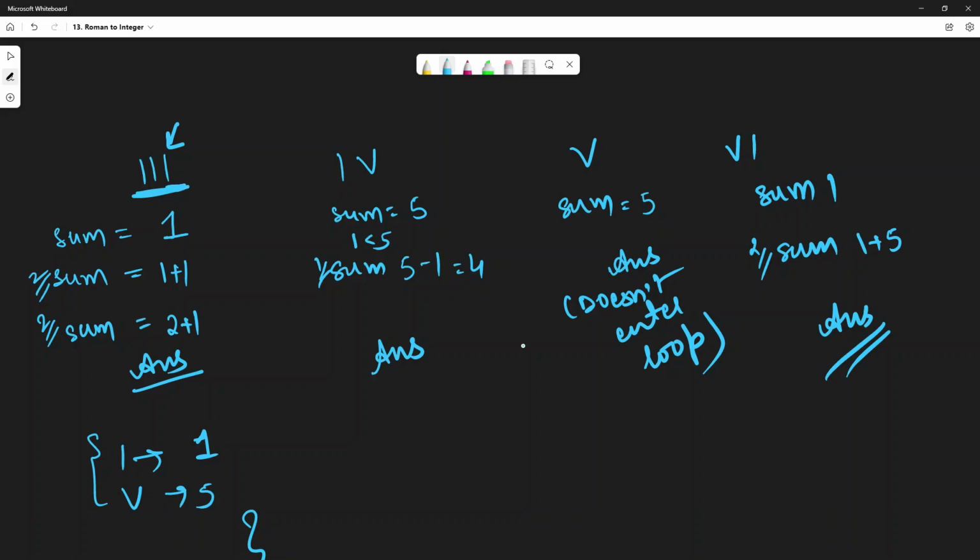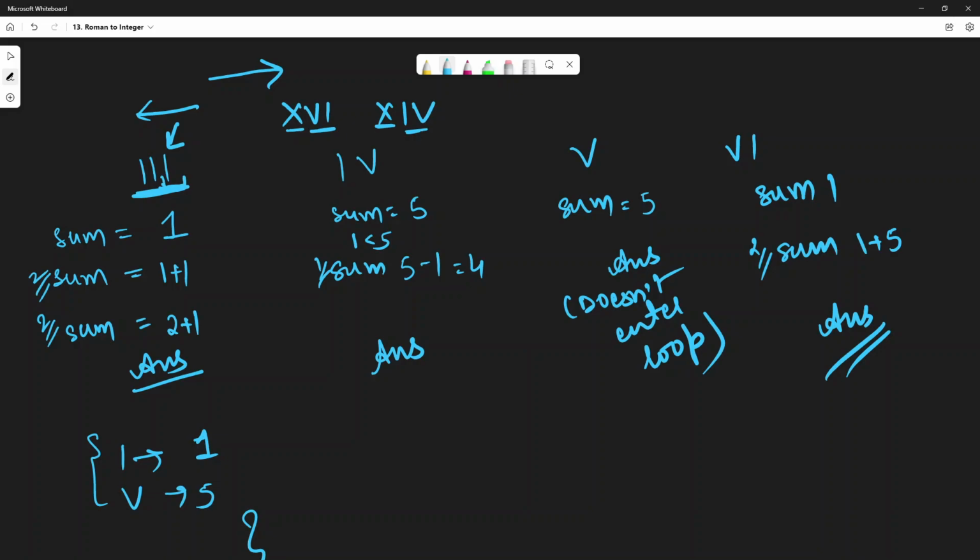See, we start from the last character because everything starts there. We all know that we read a Roman numeral from left to right, right? If we say this, we are reading like there is 10 and then there is 6. Or if it is something like this, there is 10 and there is 4. But now comes the part that if this 3 is there, then we check from the last one,